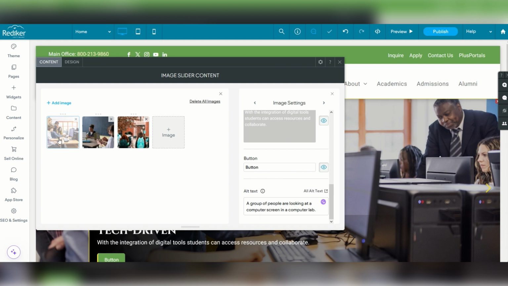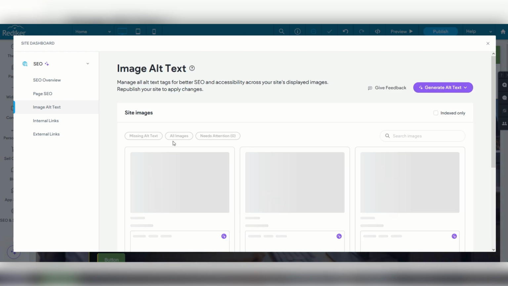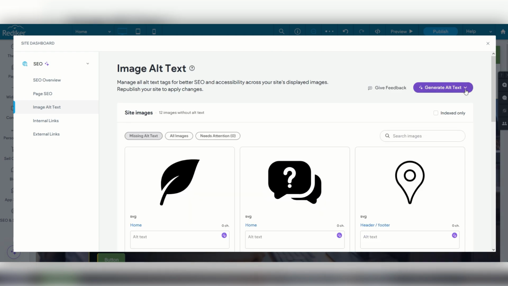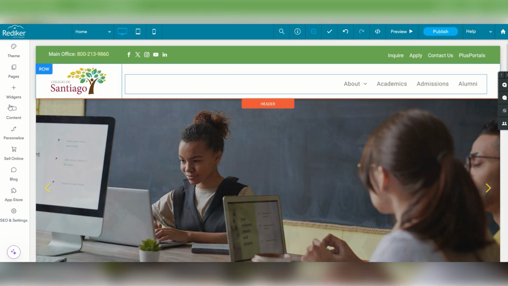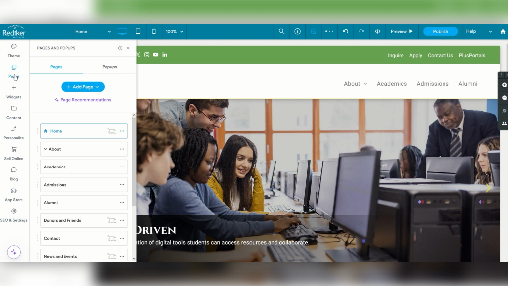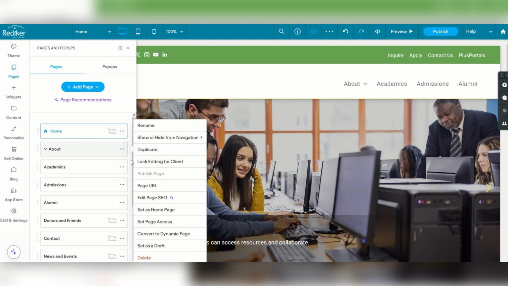And it looks at the image, its AI tool, and it's able to generate a short sentence about what's there. Obviously, as a human, you'll be in charge of potentially making that longer, shorter. Notice I can also come here and let the computer do all missing alt text. And since I'm here, I can also do my page SEO, my meta title, meta description. Let it generate all of the missing pages metadata. You can also get to that, by the way, under pages. You can then come here to edit SEO. It even has the AI tool next to it.